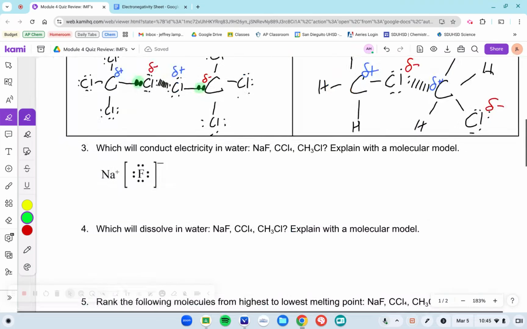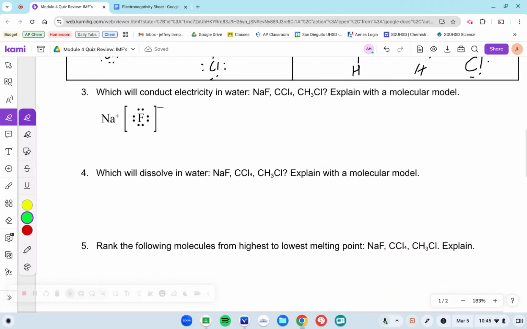All right, on to number 3. Let's go ahead and talk about some of our properties. So on this one, we're asked which one will conduct electricity in water, NaF, CCl4, or CH3Cl, and says explain with a molecular model. Now you're also just provided with a dot diagram for NaF just because we haven't seen